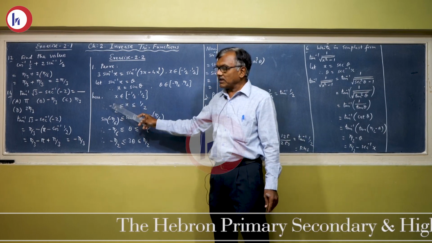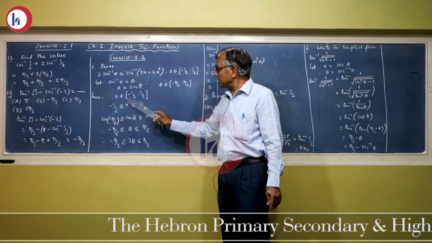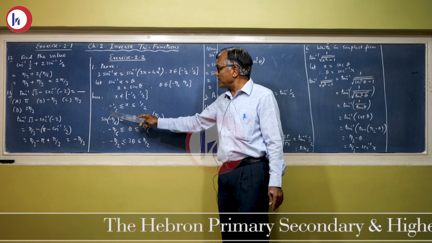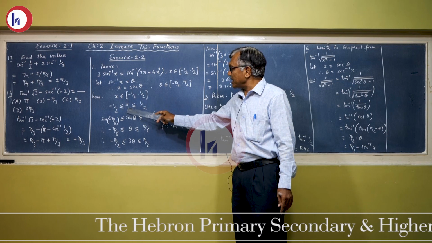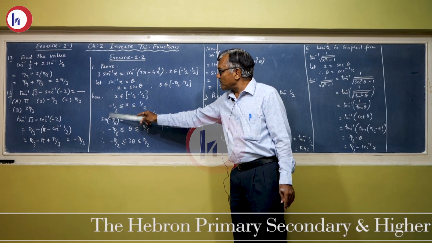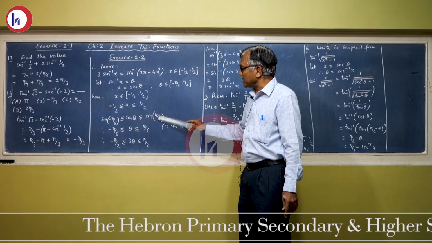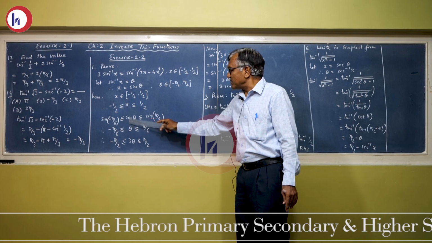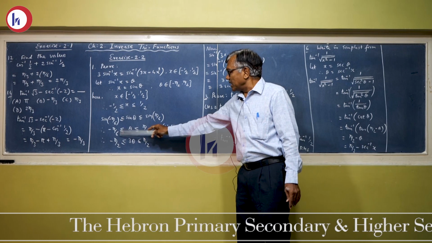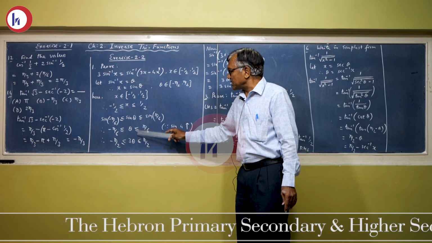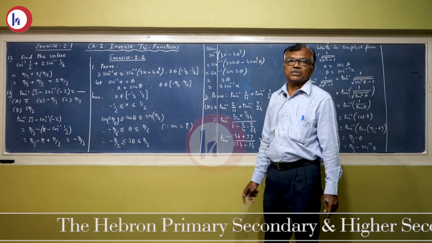Now here it is given that x is between minus 1 by 2 to 1 by 2. What is x? Sin theta. So x is replaced by sin theta, minus 1 by 2 is replaced by sin of minus pi by 6, and 1 by 2 is replaced by sin pi by 6. So sin of minus pi by 6 is less than or equal to sin theta, less than or equal to sin pi by 6. Therefore theta is greater than or equal to minus pi by 6 and less than or equal to pi by 6. The inequality remains the same because sin is increasing in the first and fourth quadrants.